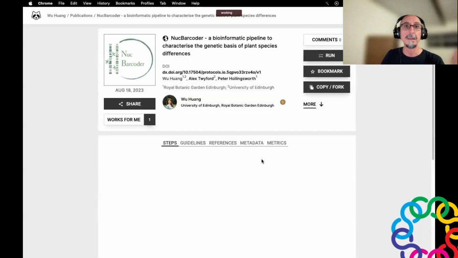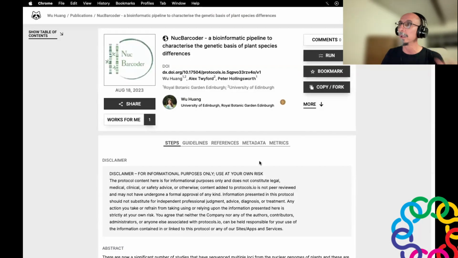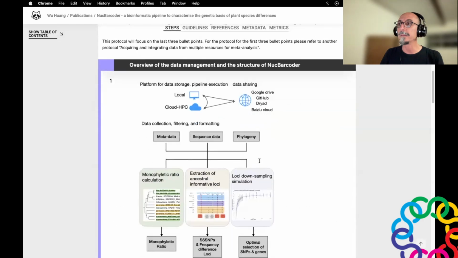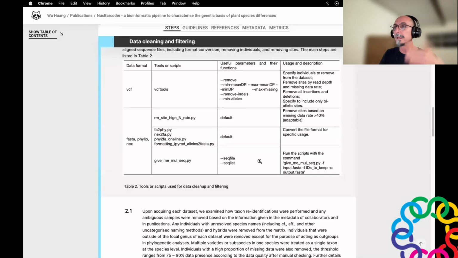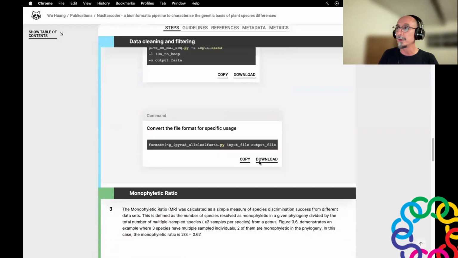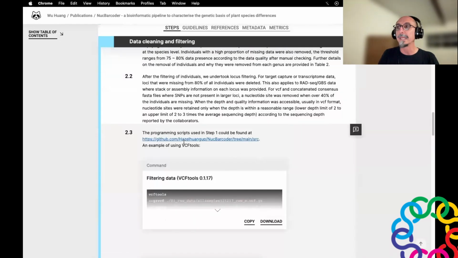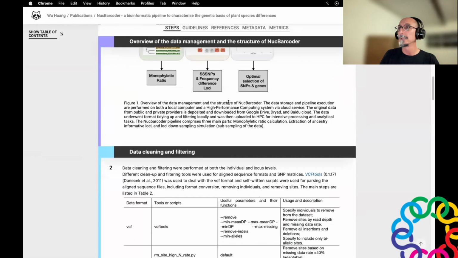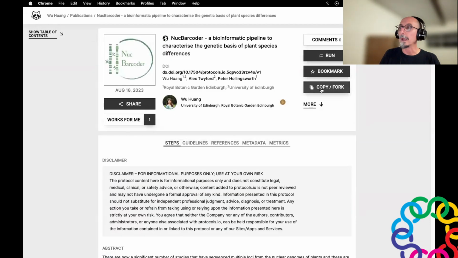And again, opening in this case a bioinformatics protocol, you can see again that the protocol is written in a detailed recipe-like fashion. It's enriched with images, pictures. You can add links to GitHub. There is a table of contents. You can copy it and run it from the computer or tablet.